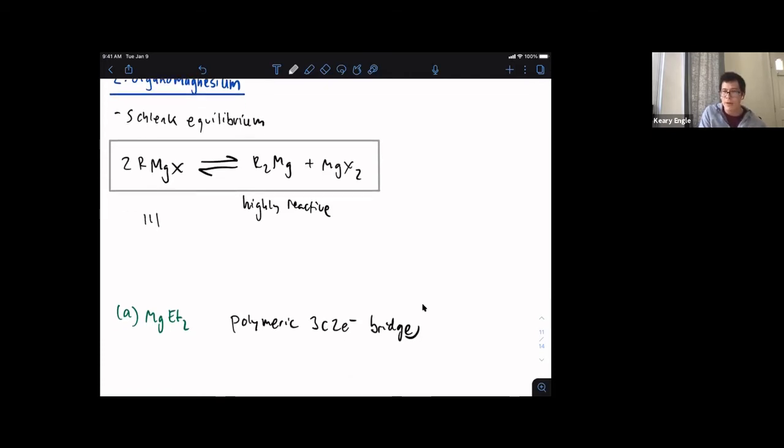Where rather than what we typically draw on the page, which is our magnesium X, where X is typically bromide or chloride,